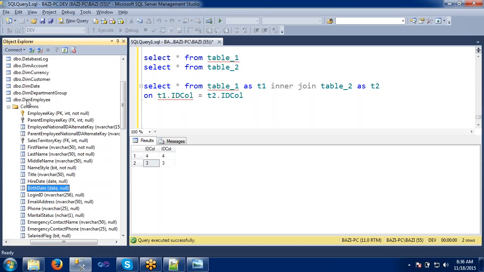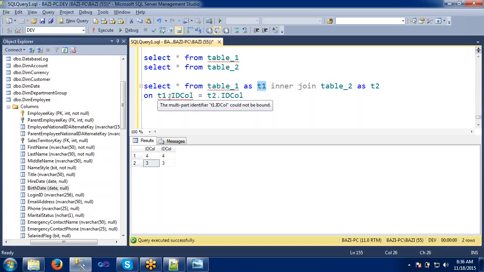Instead of doing that, we are aliasing in a simple way. We are calling the table as T1. We are saying, okay, table 1 is called T1 as of now. Just T1 dot retrieves whatever table 1 details are in that particular column.